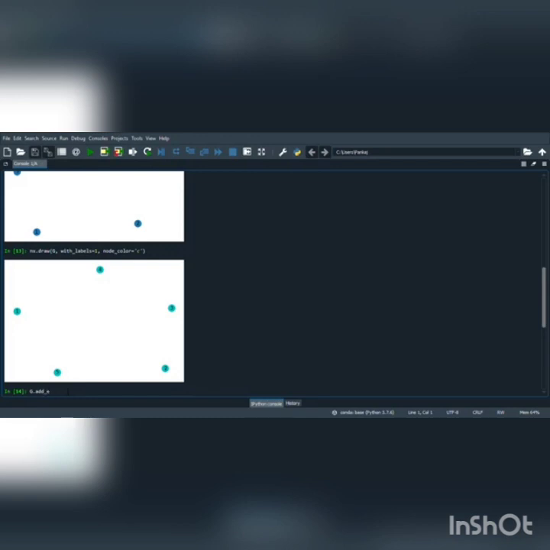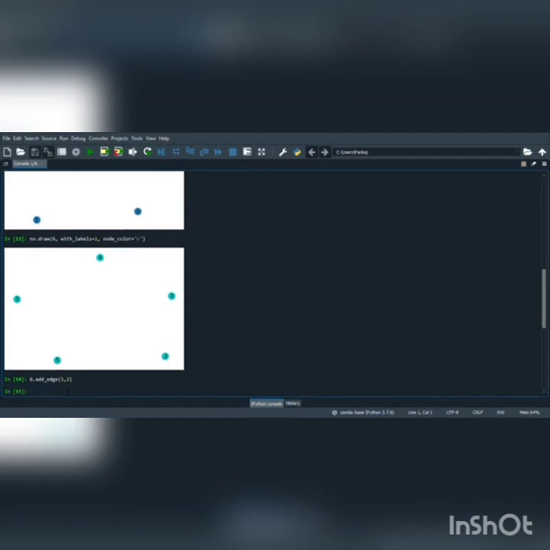Now we can see here that there is no edge between the nodes, so we can create edges between nodes with an inbuilt function called G.add_edge, passing the parameters 1 comma 2. And so on.